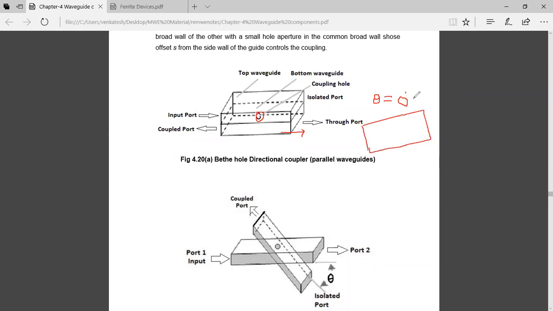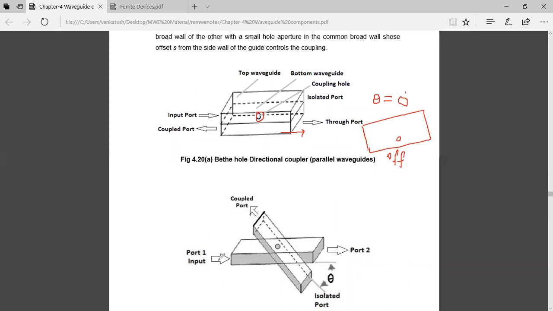When theta equals 0 degrees, to get perfect coupling between these two waveguides, the hole should be at some offside distance. It will not be at the center but somewhat offset from the waveguide, and this arrangement is called offside. So to get perfect coupling between these two waveguides, we change the hole from the center to some offside position. Now let us see how it is aligned.